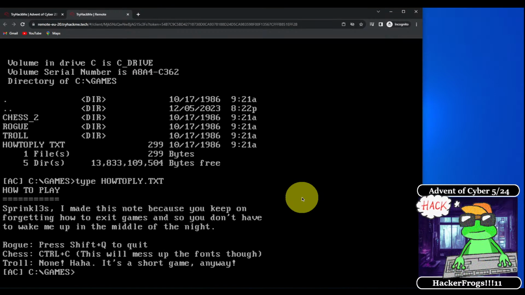How to play. Okay, it says, Sprinkles, I made this note to keep you from forgetting how to exit games so you don't have to wake me up in the middle of the night. Okay, so if we're playing the rogue game, we press Shift Q to quit. If we're playing chess, we have to do Control C to quit. And if we're playing Troll, there's nothing that can help us quit there. Hey Dreamer says, I always lost chess. Rogue is 2-step after Stop Troll is not opening. Okay, so if Troll is not opening for you, you can try